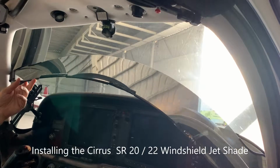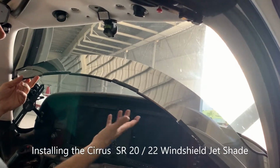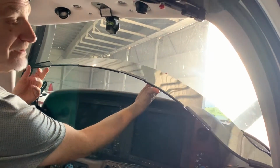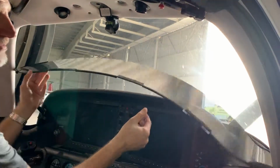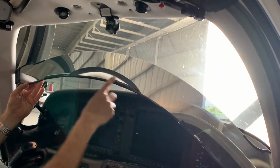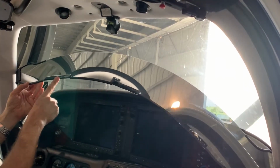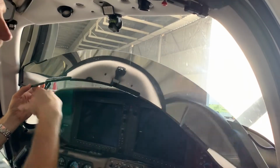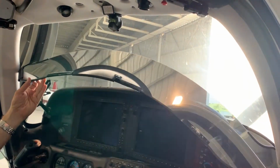Hi, this is installing the new Cirrus SR22 or SR20 jet shades windshield for maximum protection for the pilots. You're going to see that in this version we have 1, 2, 3 pieces of velcro. This is how it comes to you, and so they're already attached to the jet shade. You'll be peeling off the backing and sticking up in just a minute, but let's figure out first how to